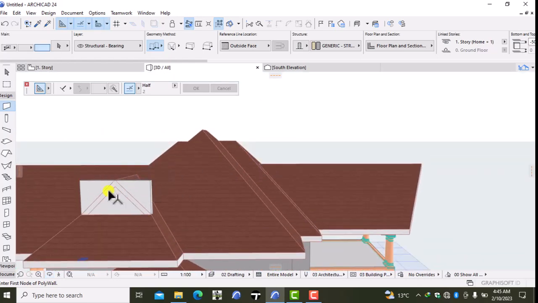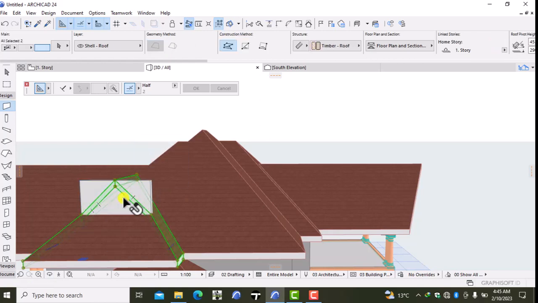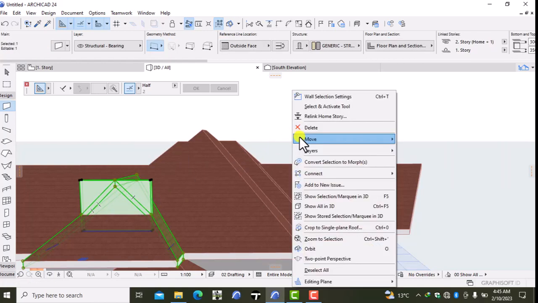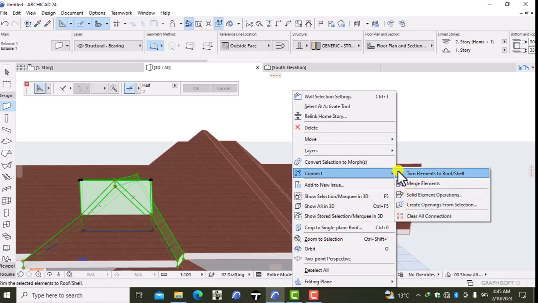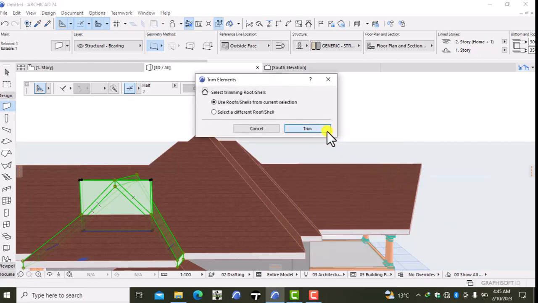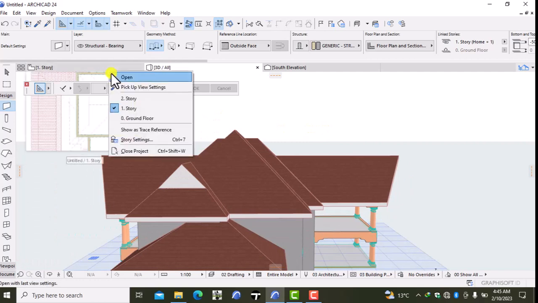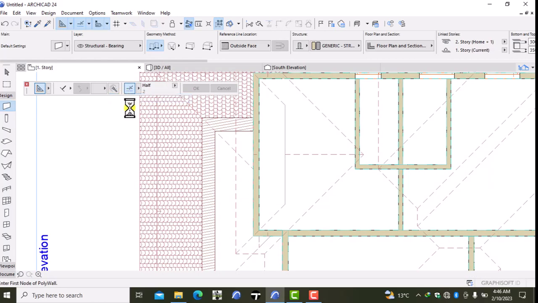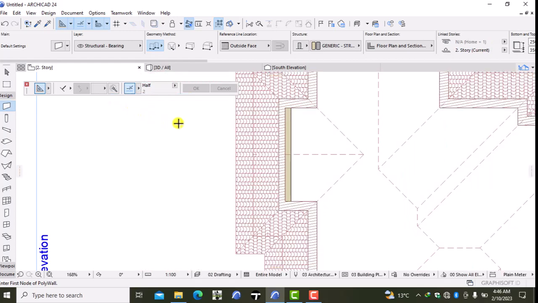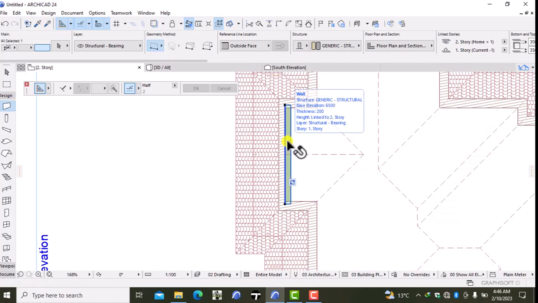Just need to connect this. Click connect. Trim elements to option 2. So I can go now to my second story, try to pick out these ones and be able to turn them. Yeah, so I have this one over here,